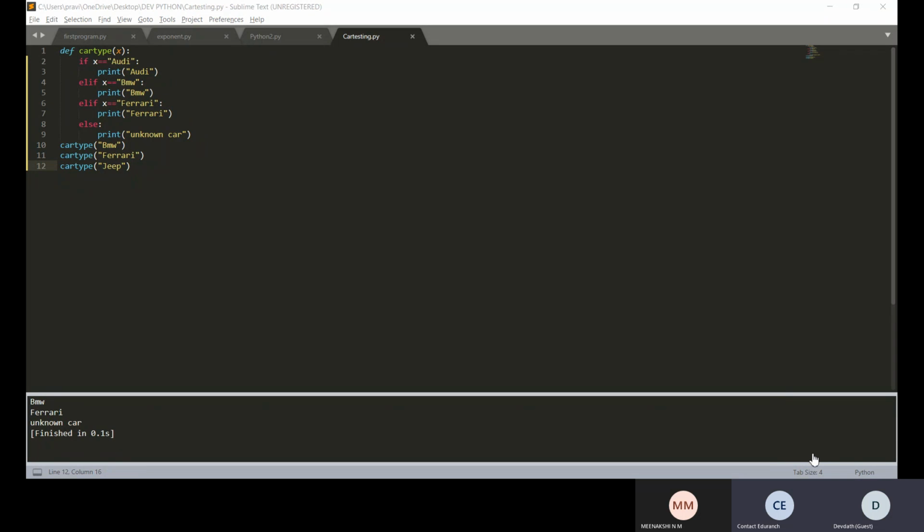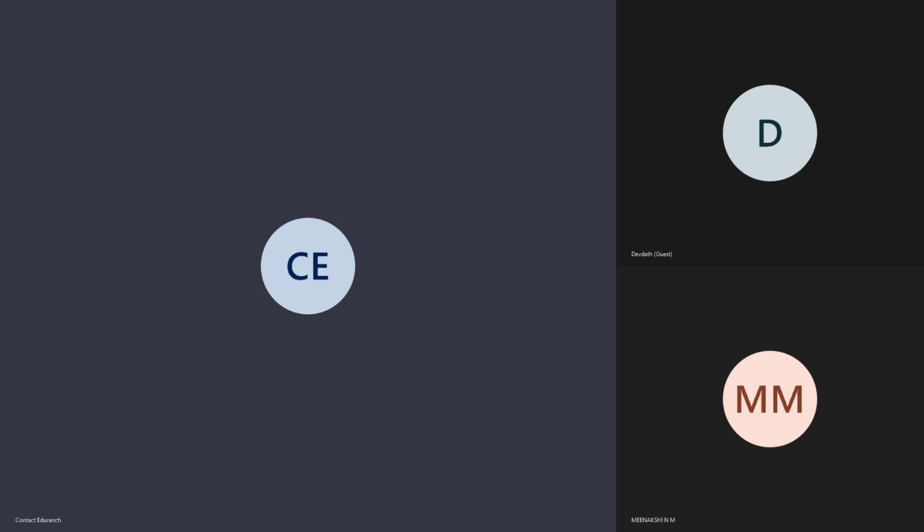Sir, I have a doubt. In Meenakshi's code, she used F. Why? She used some F, no? You remember we have learnt about f strings. If you use f in front of a string, then you can use the variables within the string and it will print the value of that variable within the string in flower brackets. That is why she is using f in front of the string. That is called f strings. You remember we have learned this in the first Python classes.